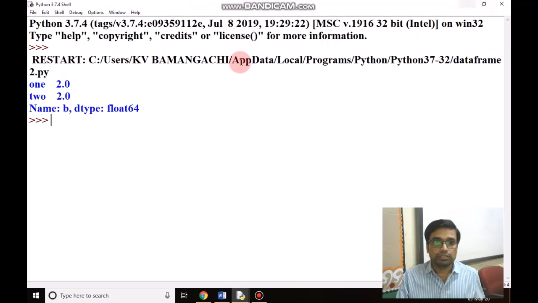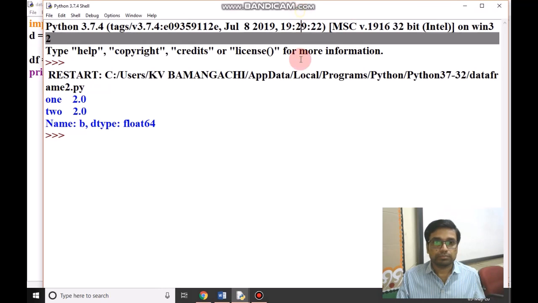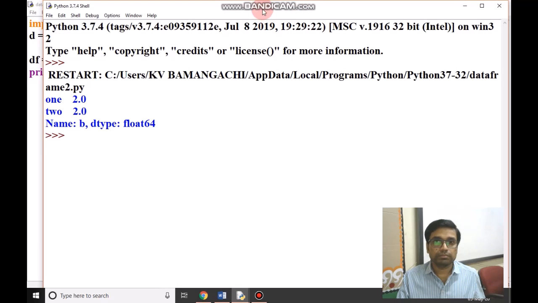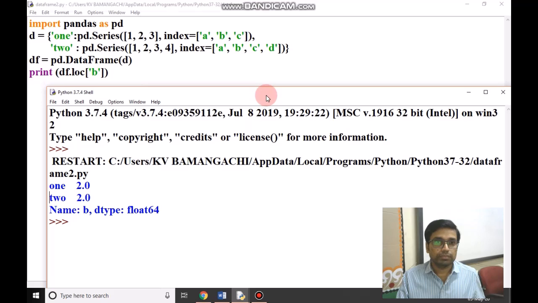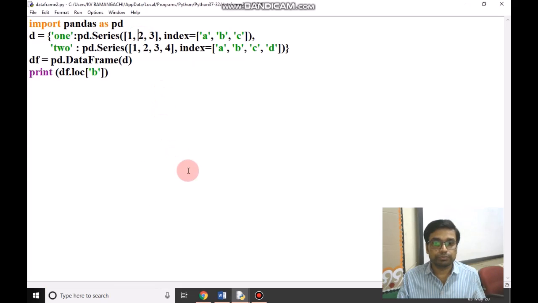Look, df.loc in square brackets, we have given B. It is showing that on index B, in the first column, which is named 1, there is value 2.